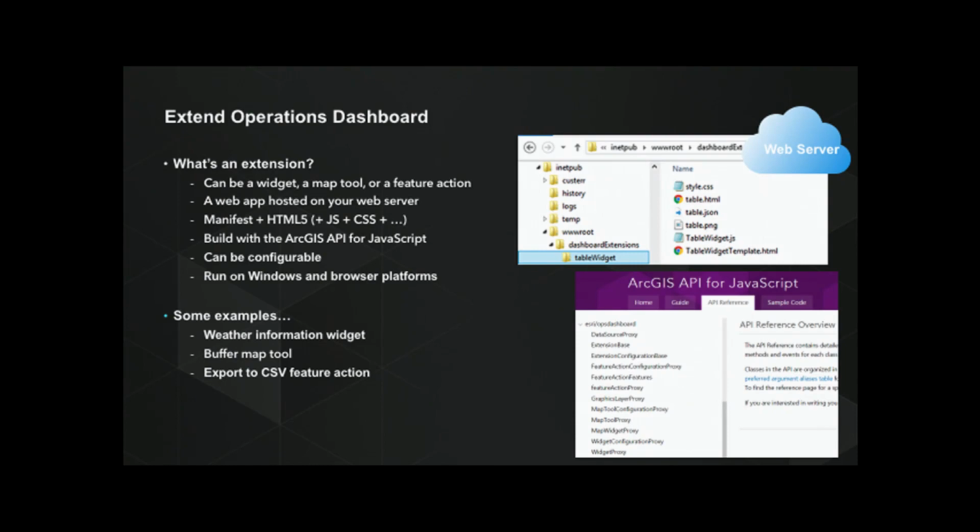To give you some examples of what kind of extensions you can build, like a weather information widget that shows you the latest weather update for your current map area. So when you change the map extent, it just fetches the latest weather information from some external API and shows me that information. You can also build a buffer map tool that, for example, if you click a point on